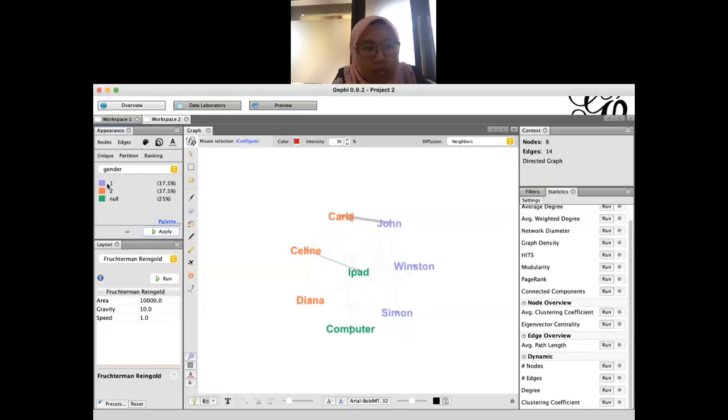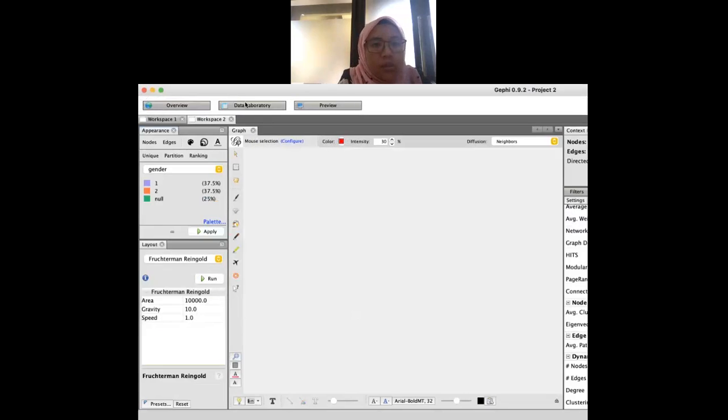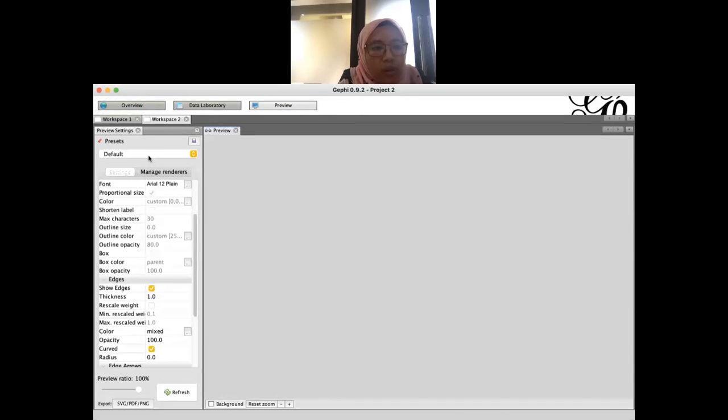So 1 is male, for example, 2 is female, and then the green one is null, which means it has no gender, obviously. Okay. And I can color that according to company if I want. If I have so many attributes, other than gender, you can have company that they belong to, or their affiliation, for example. So you can have many other attributes, not specifically gender. Okay. And once you are satisfied, you can further refine this graph, whether you want it to be